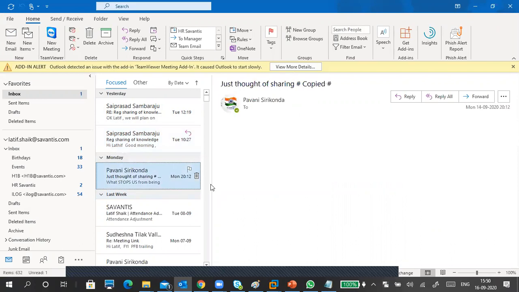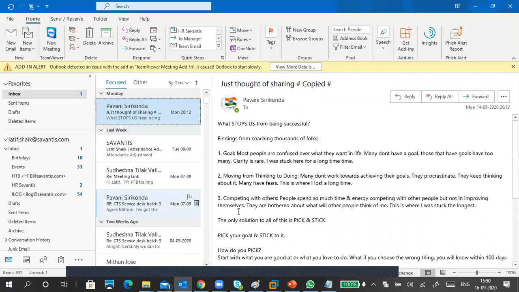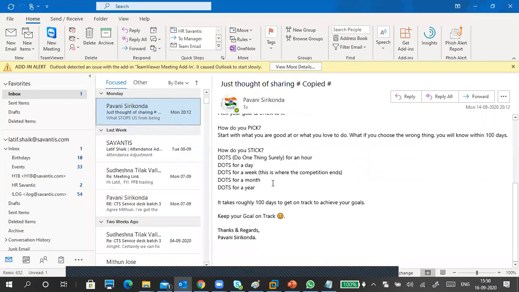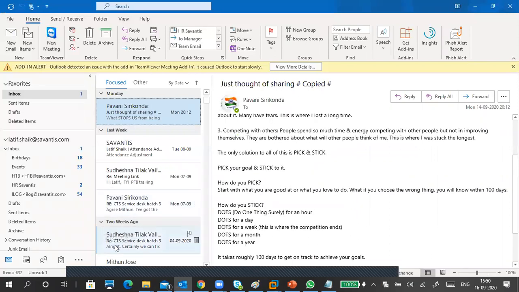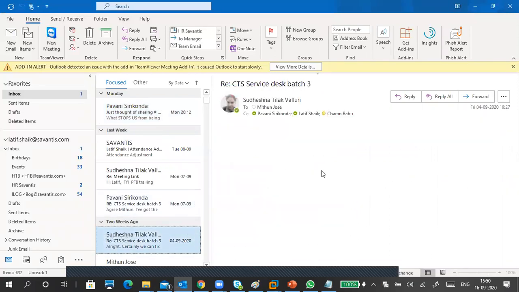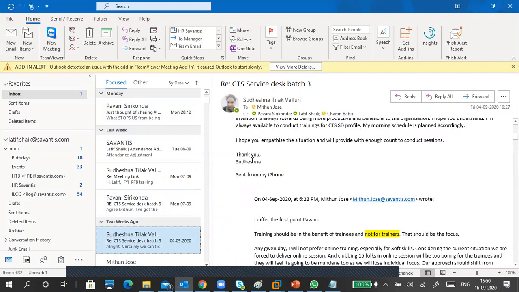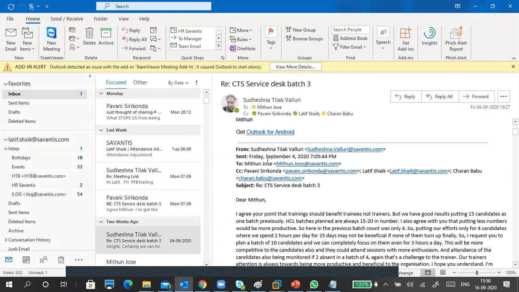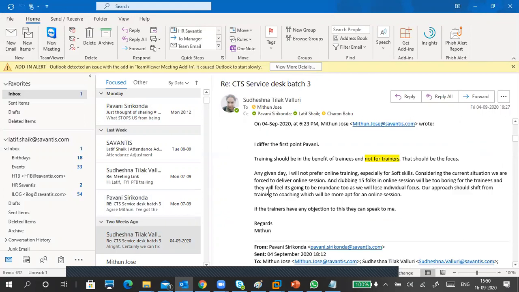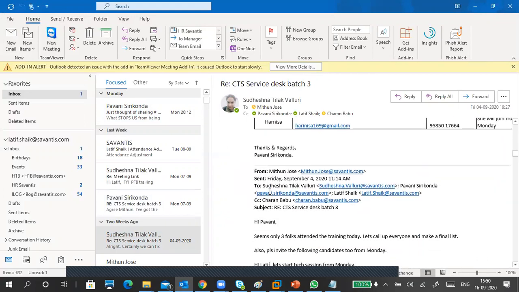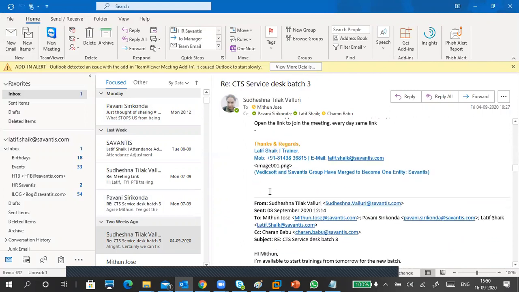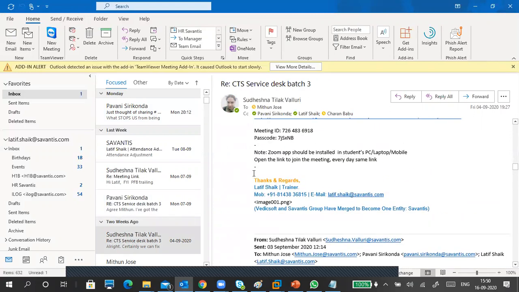If you see this mail, in the bottom, a compulsory indication is required. Some records don't have signatures, but this one has.